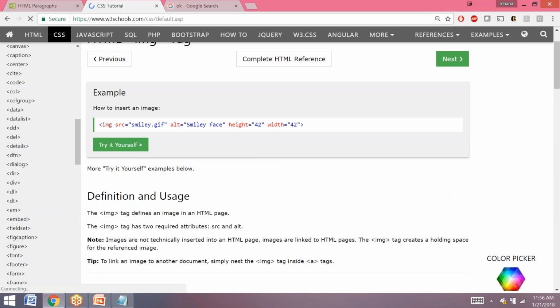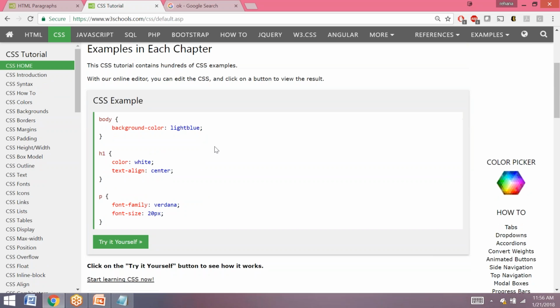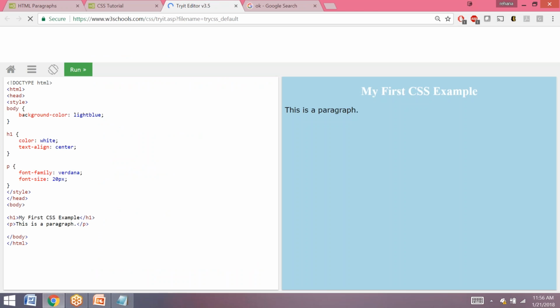I think that's the second thing on here: CSS. CSS is a language that describes styles of HTML. CSS describes how the HTML elements should be displayed. It's a tutorial to teach you basic CSS. So you see right here, it's saying background light blue, all H1 colors are going to be white and centered, and all P font is going to be this font and this size. From now on, all the paragraphs that you write